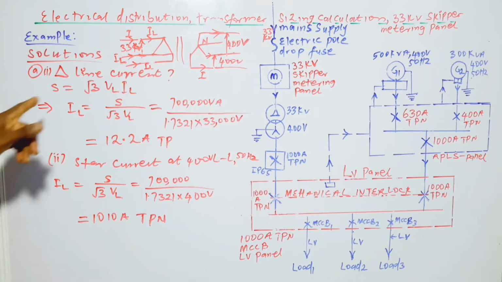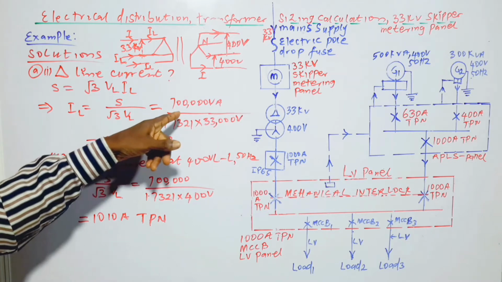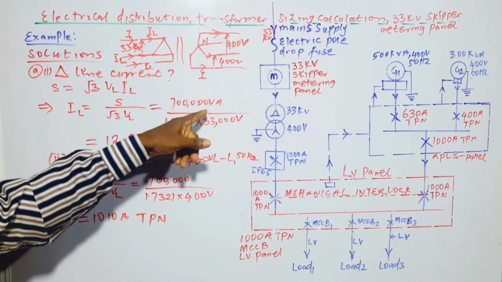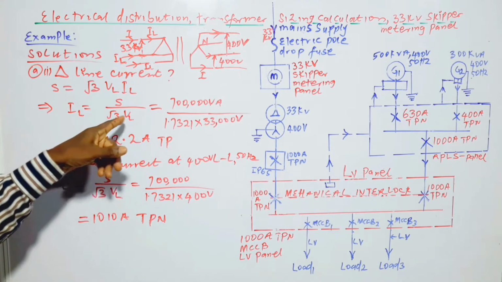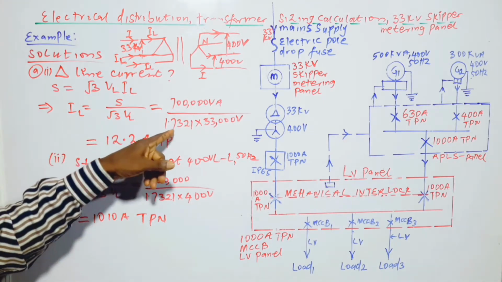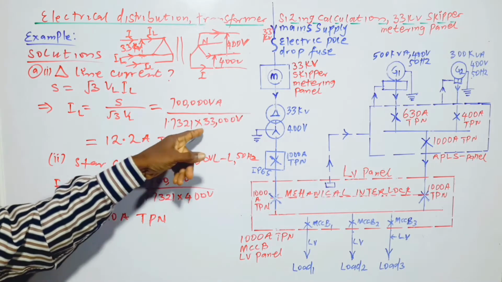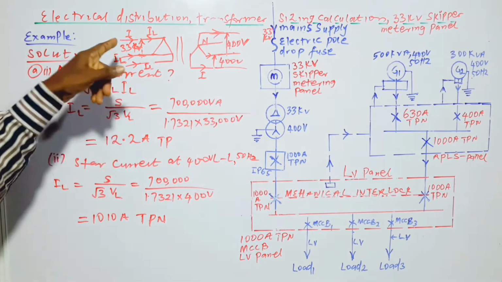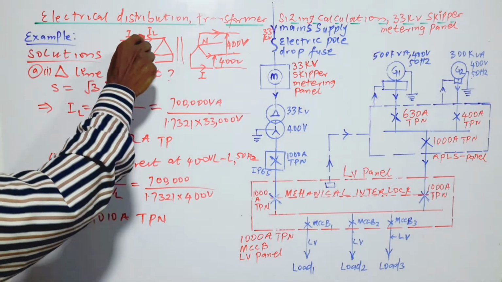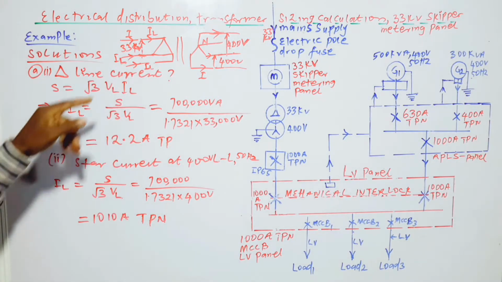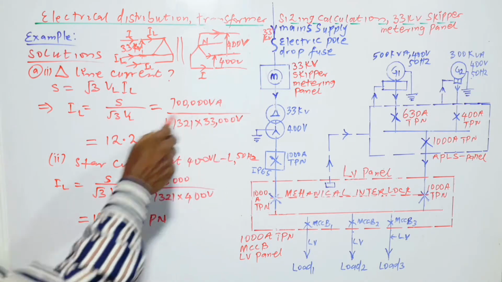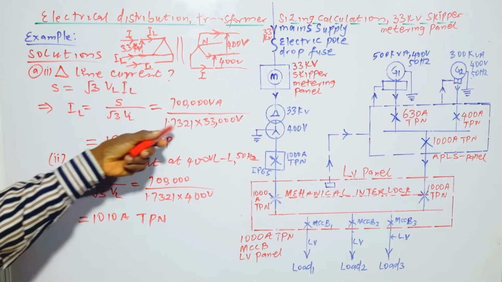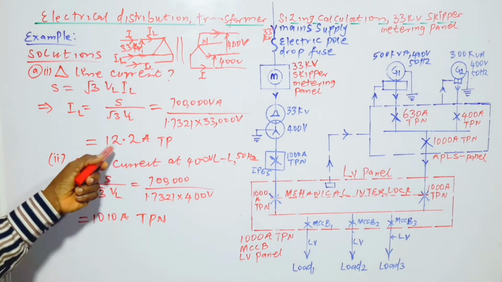So S, the apparent power according to the question, is 700,000 VA or 700 kVA. The square root of 3 is 1.7321. Then the line voltage, the voltage between two lines, is 33 kV according to the question. So this is what we have here. And when we calculate this properly, this is the answer: